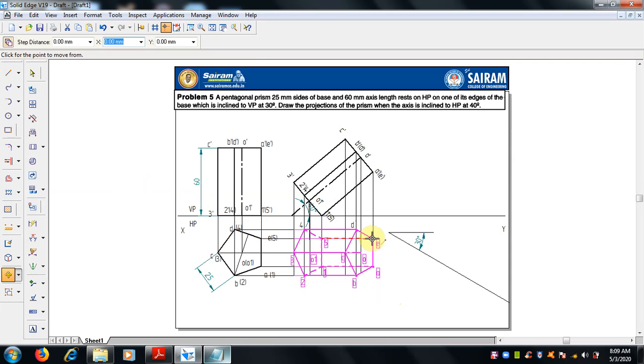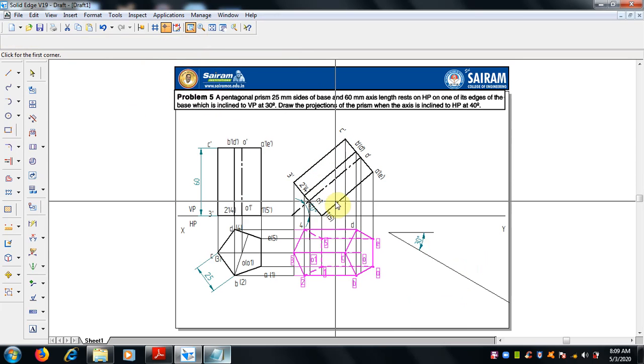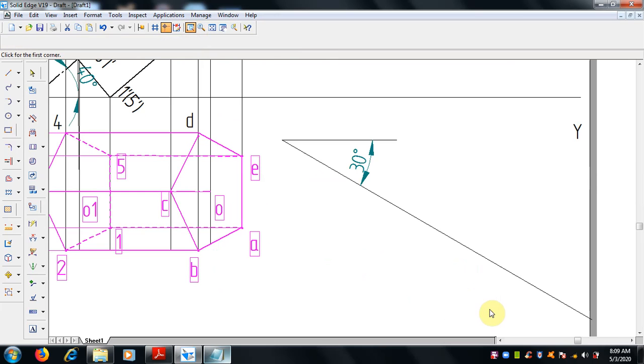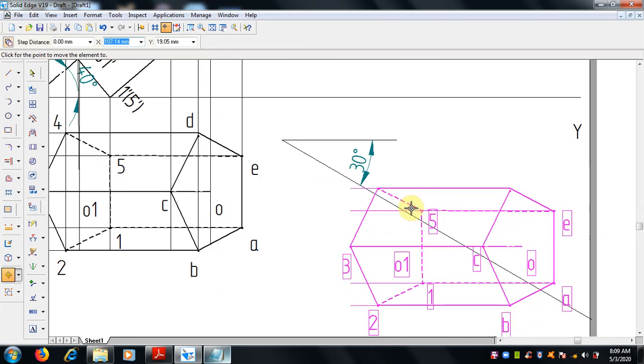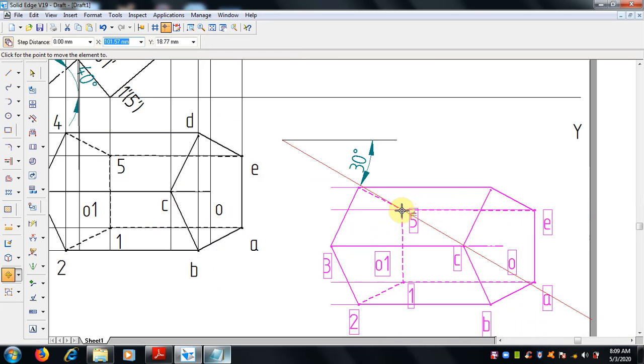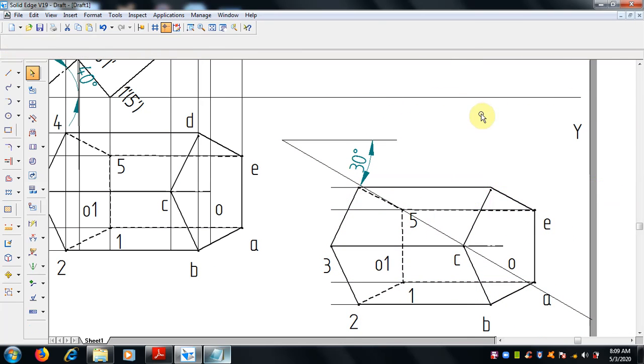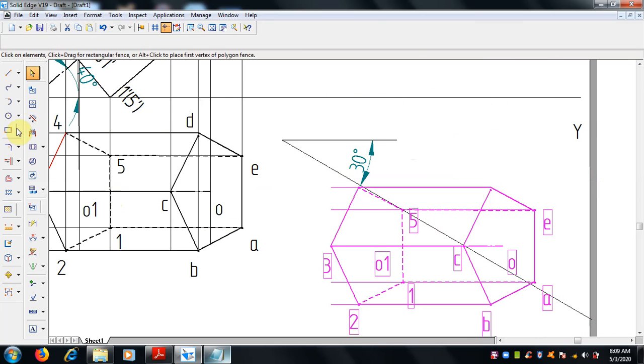So select the point where we want to keep it, the resting edge. I am selecting this resting edge here, and that resting edge can be placed here. The corner of the resting edge, the corner is 5, I am just keeping it here. Now we are going to rotate this.